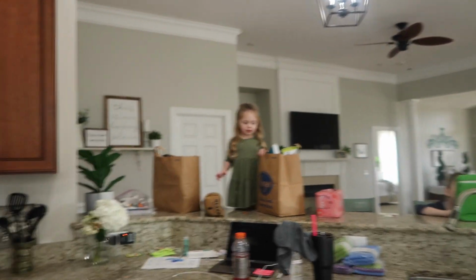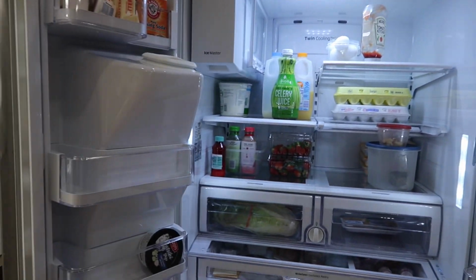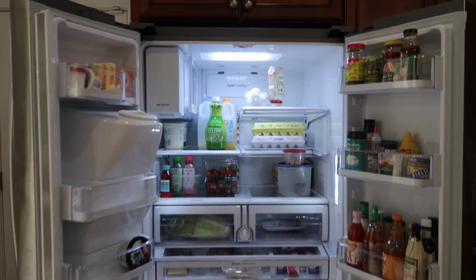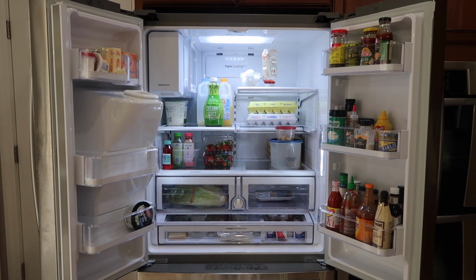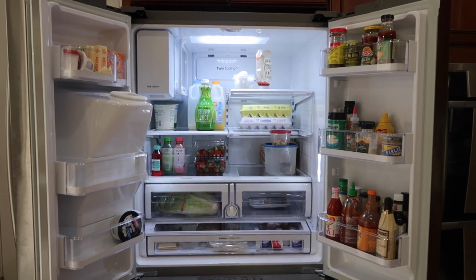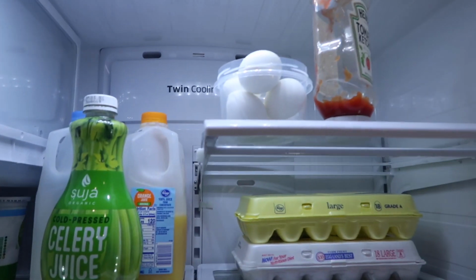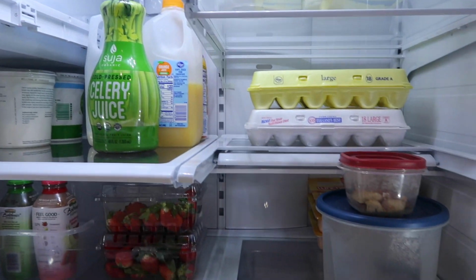Okay, I am done and my groceries actually just got here. So I'm gonna show you this after. Let me scoot back. Here's the after. It looks so much better. And then I'll show you guys me putting the new stuff in and how I kind of organize that way. But when I have it organized and when I get new groceries, this is kind of how I like to